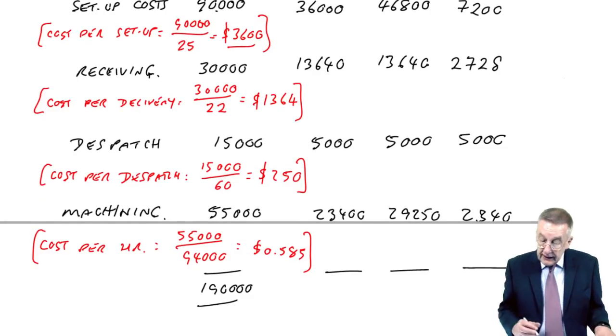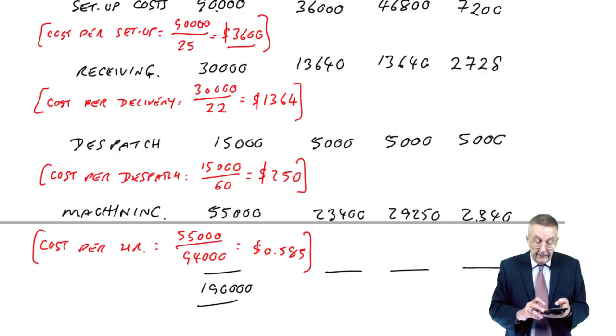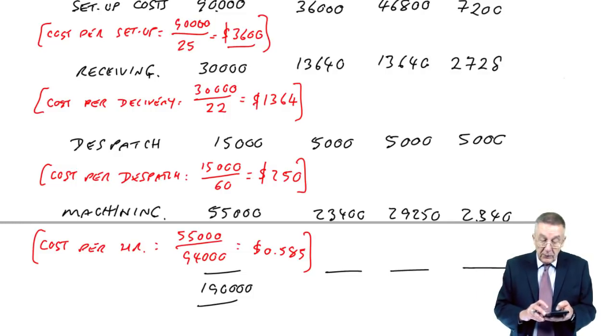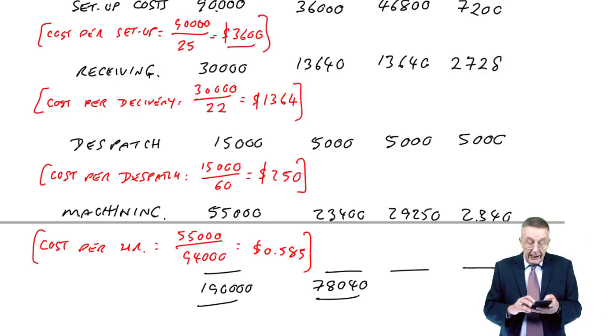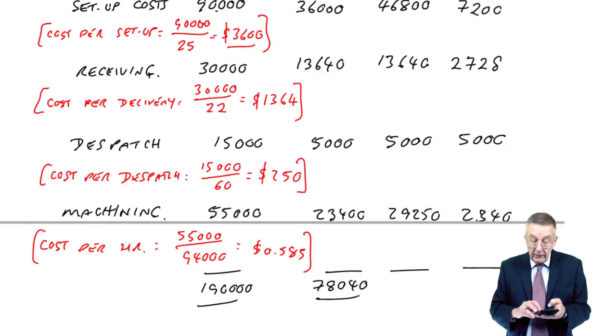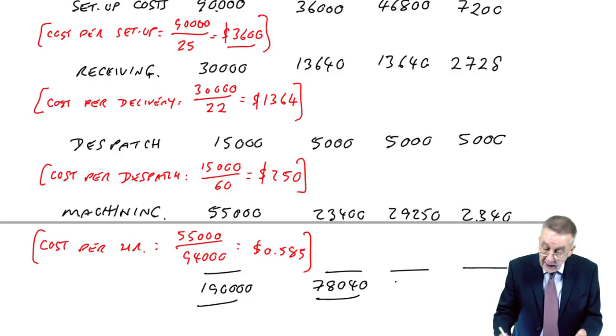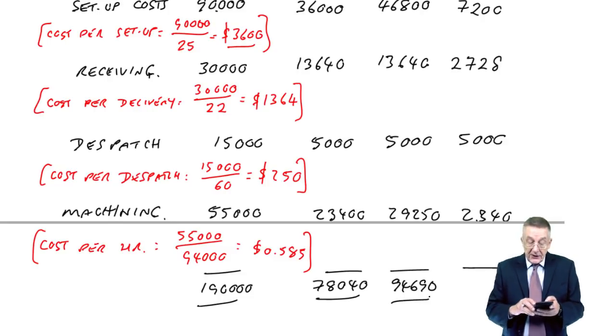So for A, the total is 36,000 plus 13,640 plus 5,000 plus 23,400, 78,040. For B, 13,640, $94,690. And for C,